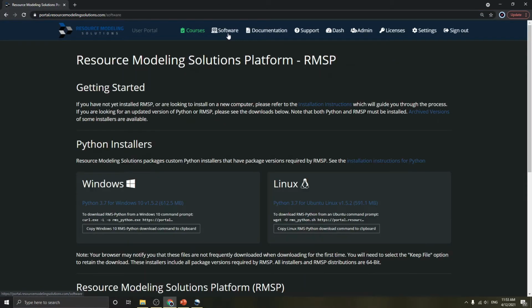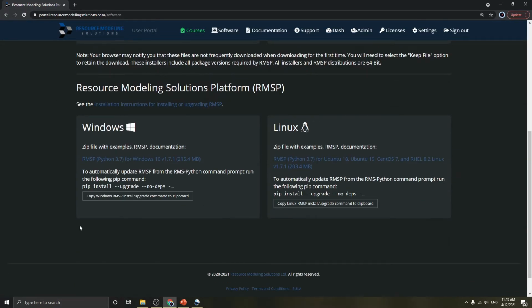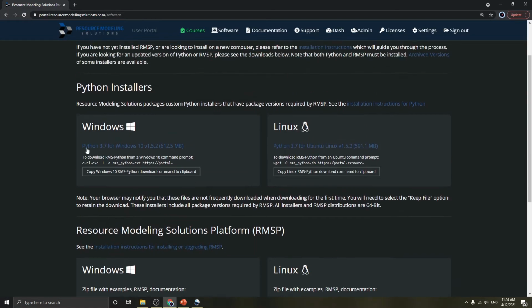If we go into the Software tab, we see the installation that's available for both installing RMSP itself, as well as installing RMS Python, which is basically a command prompt. The background Python packages essentially that RMSP requires to run. And so you'll want to download both of these, and then if we go now to the documentation,